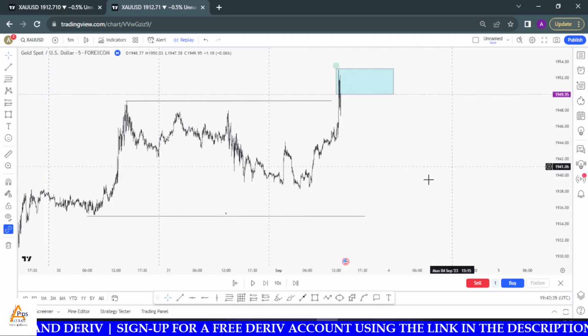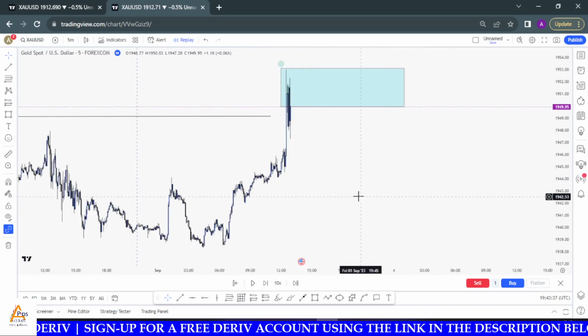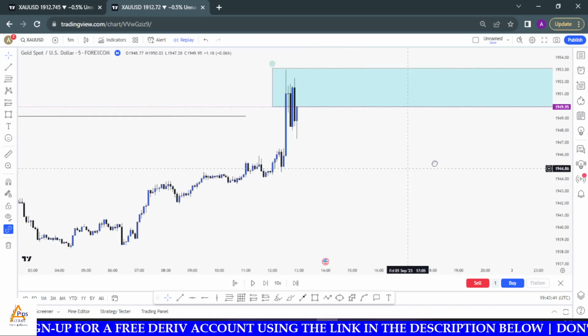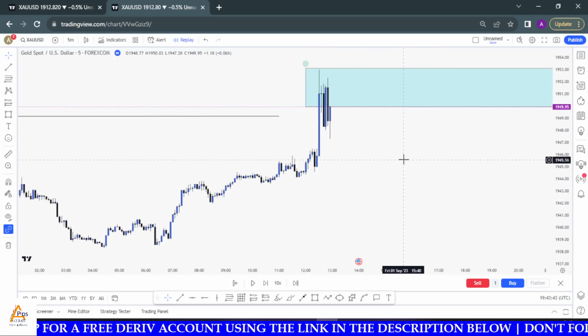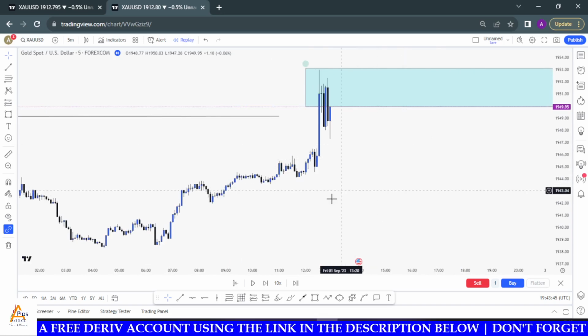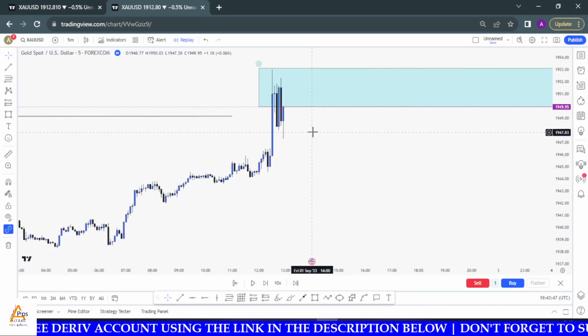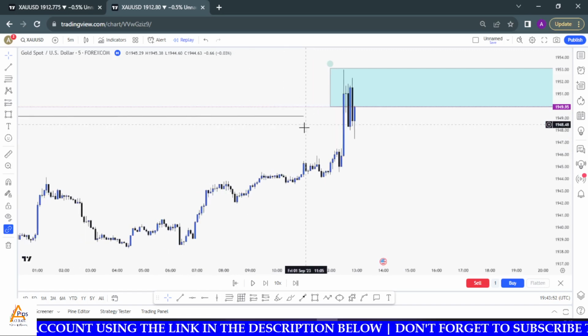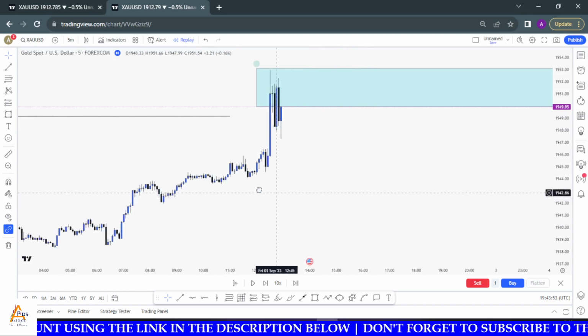So when we come to the lower time frame, I will wait for the right opportunity to take place. In the case of the lower time frame too, I'll look at structure. So where is my last valid